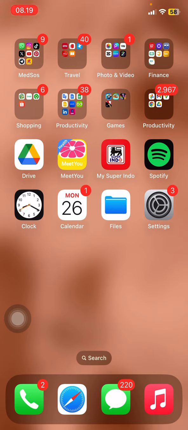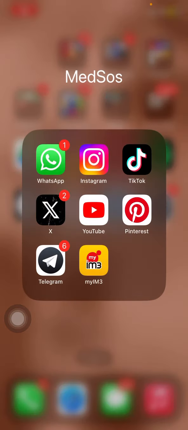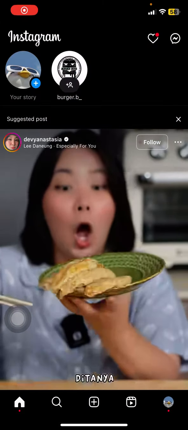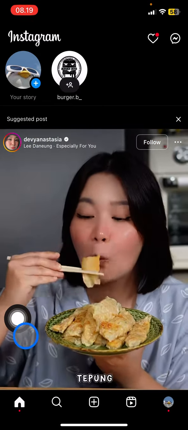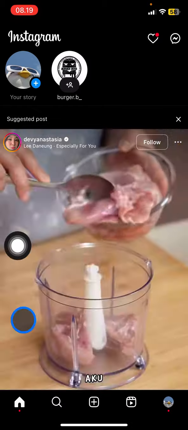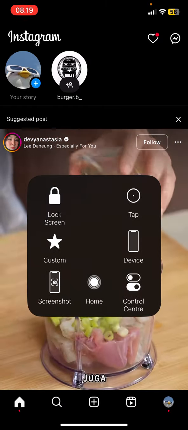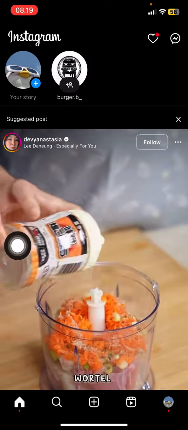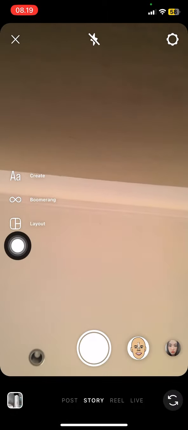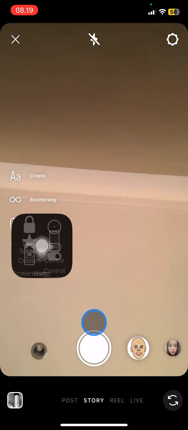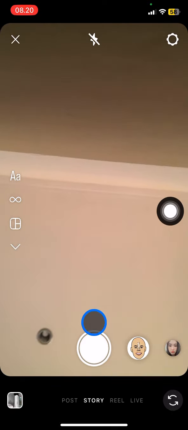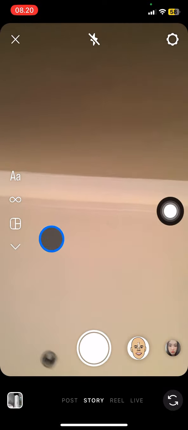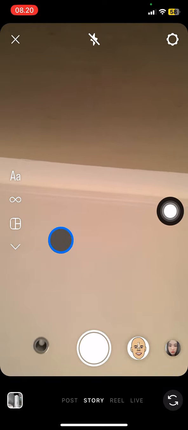So the first thing you have to do is open your Instagram application, and after that you just need to stay in the home section right here, and let's access the Instagram story camera. You just need to slide your screen to the right side to access the Instagram camera, and after that you just need to find the content or the picture that you will use as the basic picture for